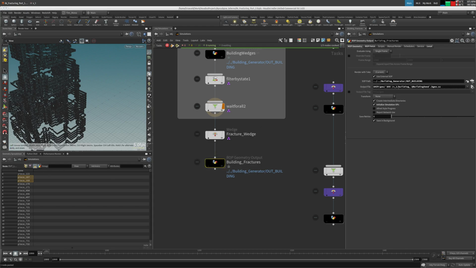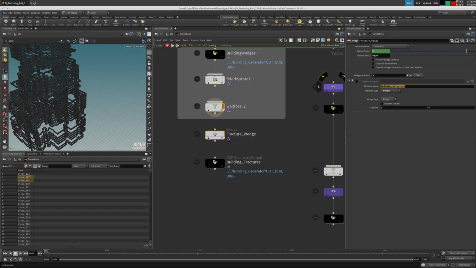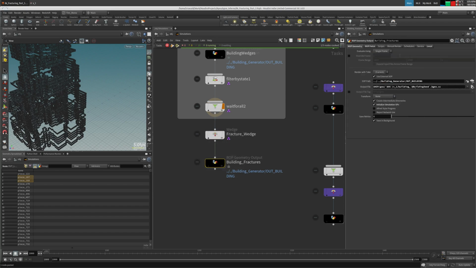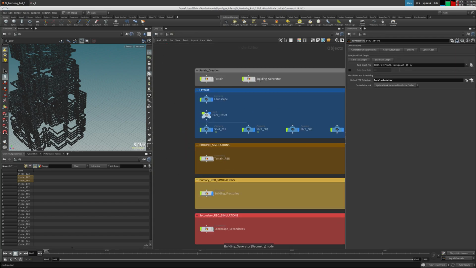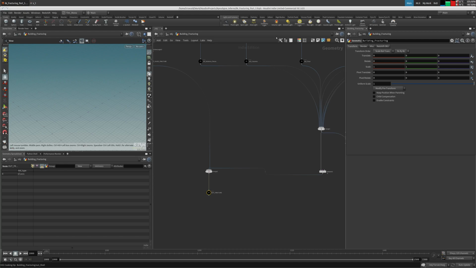The path will be the same, except it's now going to go under $os. Instead of building seed, we're going to go building to fracture. Okay, building to fracture, and now we need to copy this, because this is what is going to be changing once tops calls for action. So let's go to building fracture, and we just need to,